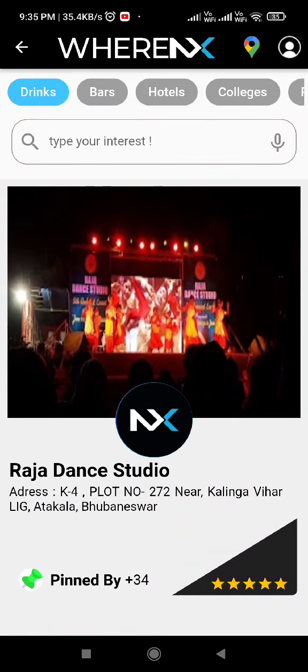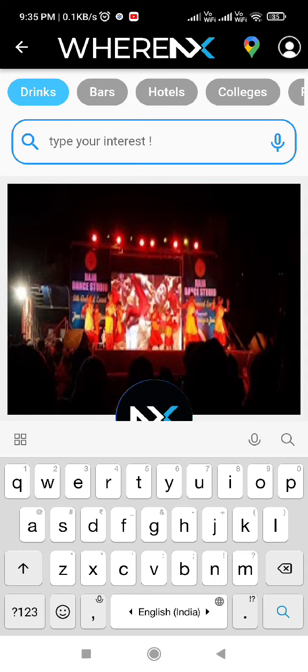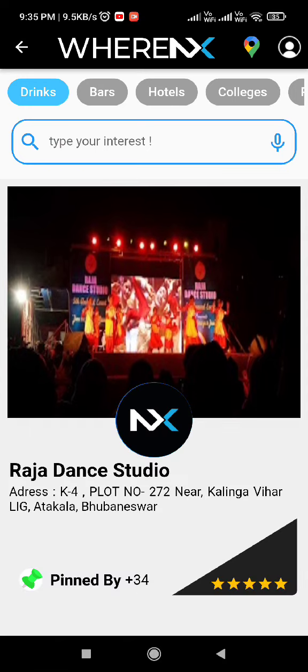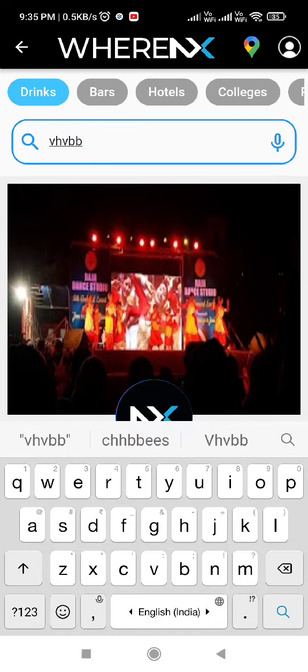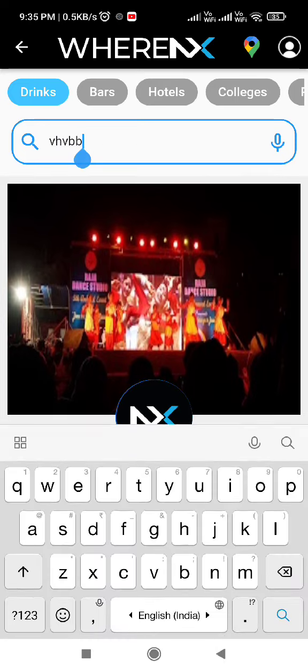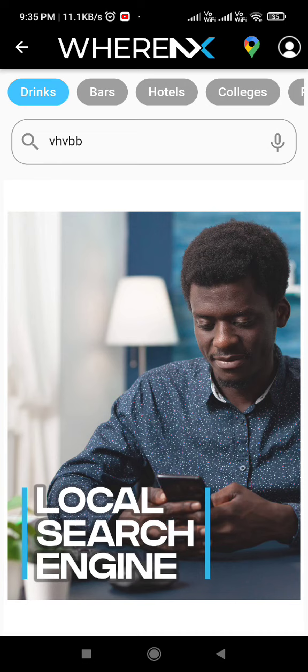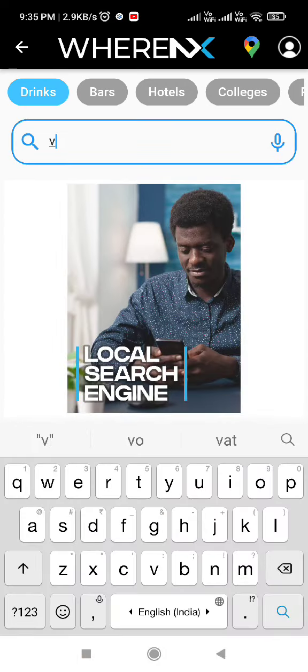Yeah, for some interests here, some keywords will have no data available from Google, and very little data will be available from Google. So we just confirm that if any keyword has a business, it will show; otherwise it will not show. I just type a random keyword here, and you can check that there is no data available.